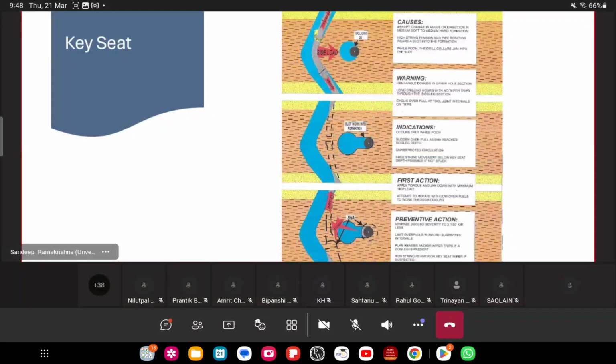Extending that key seat. And of course, when that happens, you have a chance of higher dogleg severities and getting stuck. Micro doglegs are just similar to getting dog legs. You sort of see wobble in the bit, and this wobble creates small angles, and